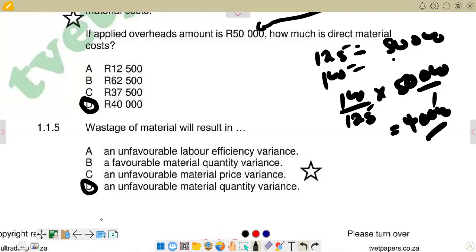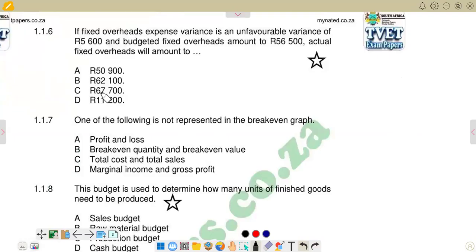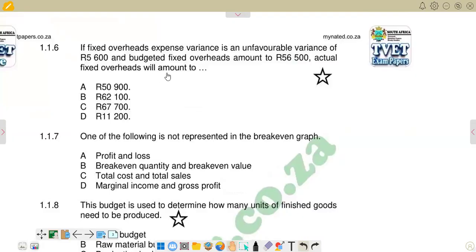Then we can go to the next one. Let's try to see in terms of 1.1.6. The question reads, if the fixed overheads expense variance is an unfavorable variance of 5,600 rands, and budgeted fixed overheads amounted to